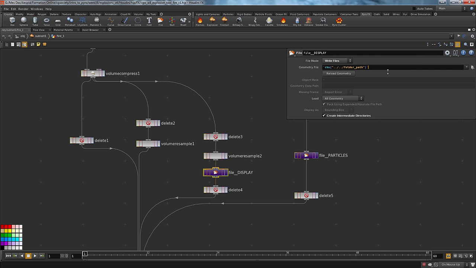So here I'm gonna call it fire underscore backdates updigits like this, then slash, and this one is going to be preview dot bgeo.sc,